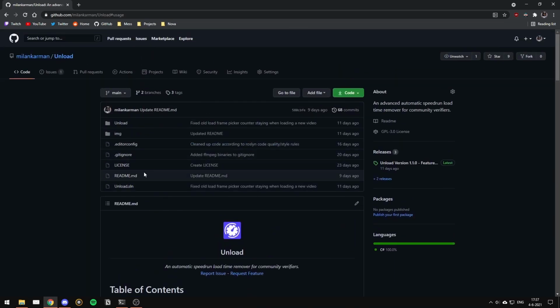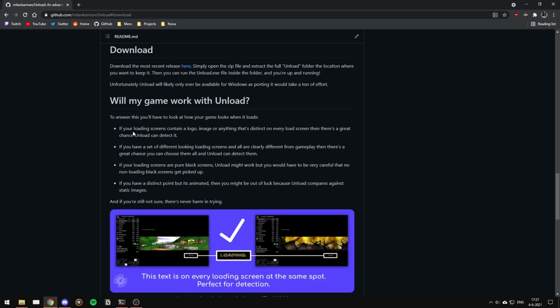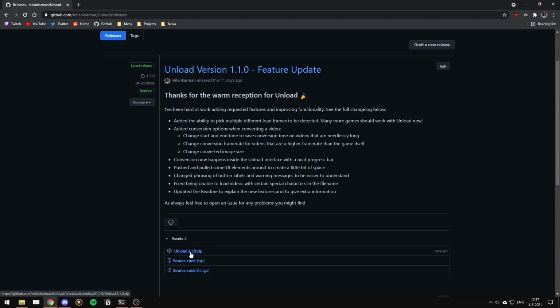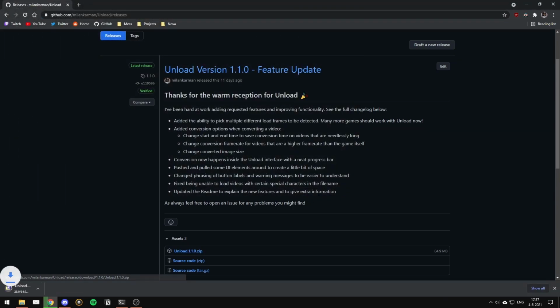At the top of this page, if we scroll down a little bit, we will see a download button. We're going to go there, and we're going to click where it says download the most recent release here. And we scroll down a little bit to the assets and we see Unload and then the version number .zip. Just get the most recent version and download that. As soon as that's done,